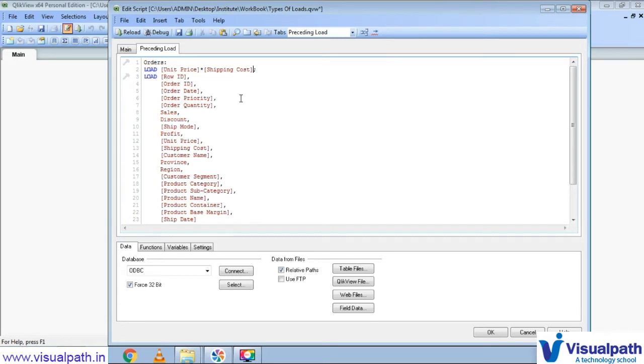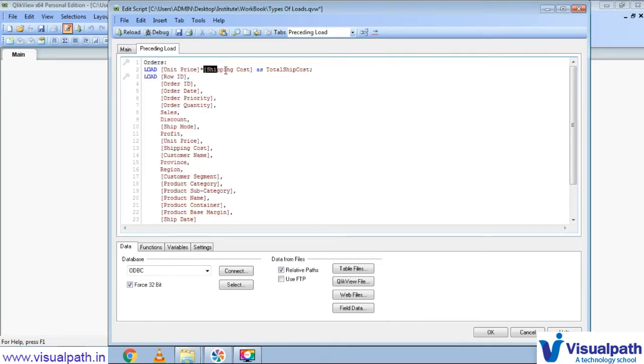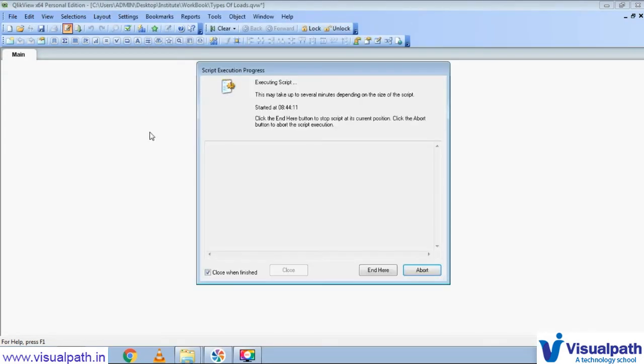This will create a new field, guys, so we give the name total ship cost. Then in the original load, it will find the unit price and the shipping cost, multiply these two fields, and create a new field called total ship cost. So let's see how it happens. We'll save it and reload it.